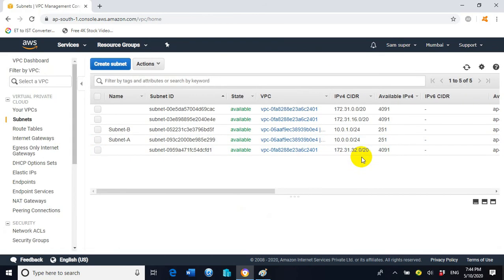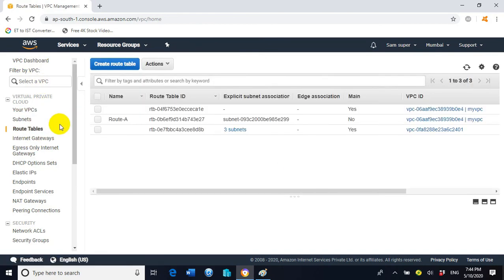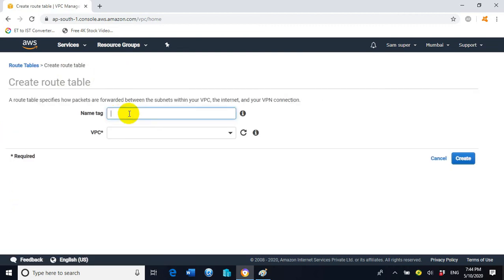So now we have created subnet B successfully. Our next task is to create the route table for subnet B. So click on route tables, which are also located inside the VPC dashboard. Here click on create route table, and mention the name of the route table, route B,